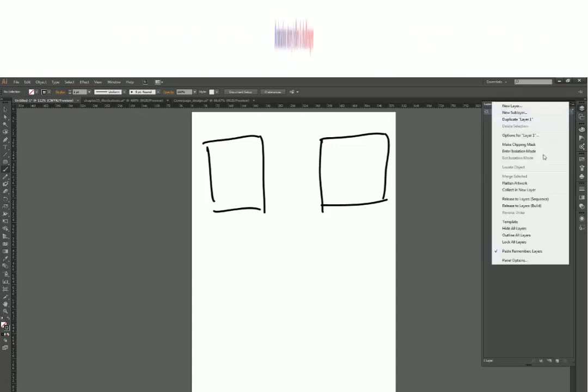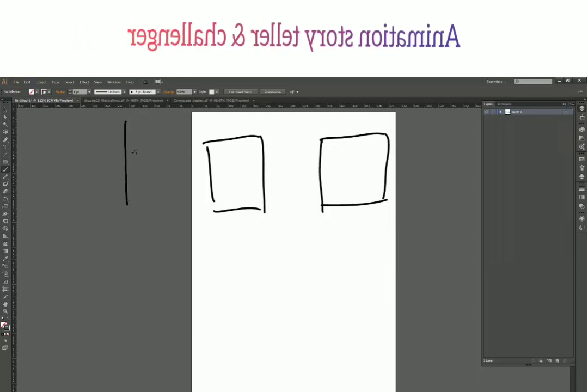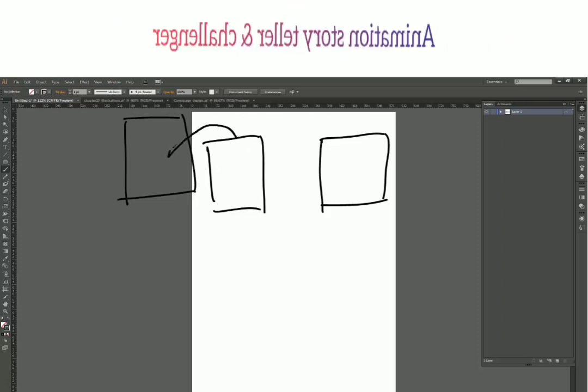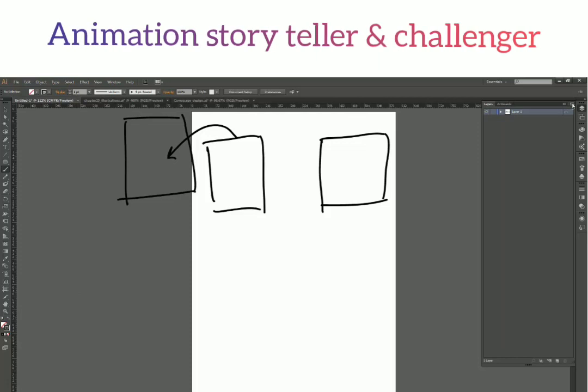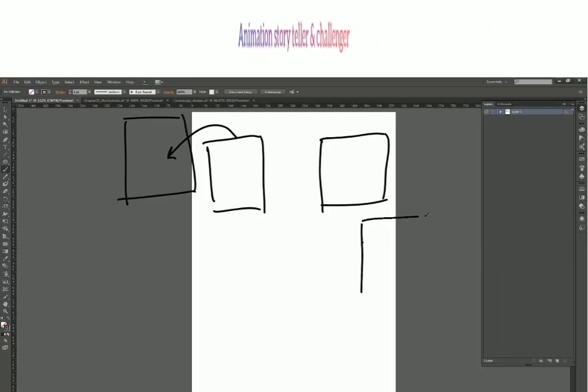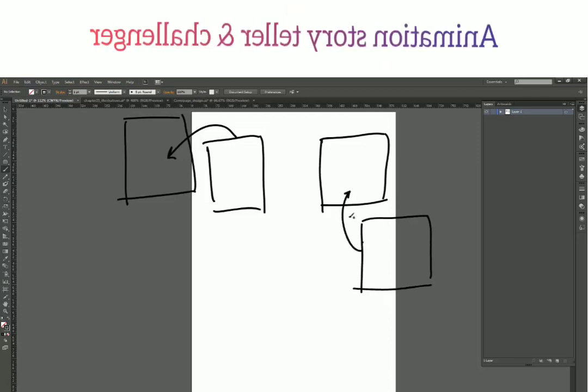When I click on collect in new layer, what it does is create a new layer. Let's say this is the parent layer, and it puts your existing layer or a selected layer in this one. But when I click on new sublayer, it will create a new layer and put this layer inside your previous layer.